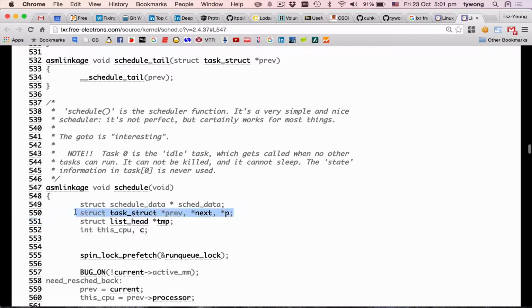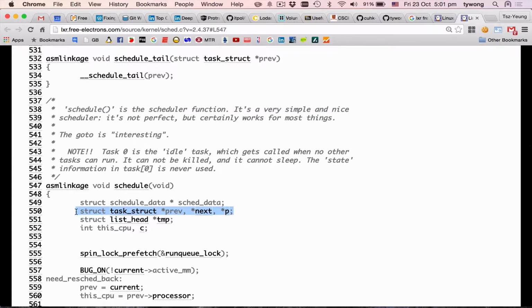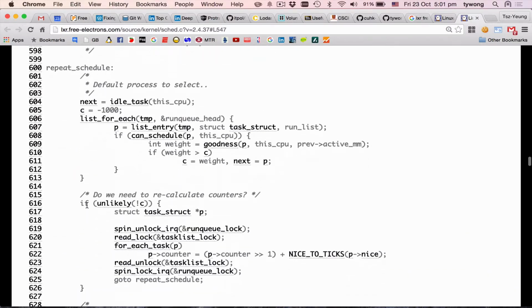So the P is here. It's the task struct. So we go through the task struct one by one. This is the point where we have the big O of n performance. You have many processes, so the loop will take more time. And you cannot find any break here, so you will scan through the entire queue. You won't stop. And the point is that you will go through this what is called the goodness